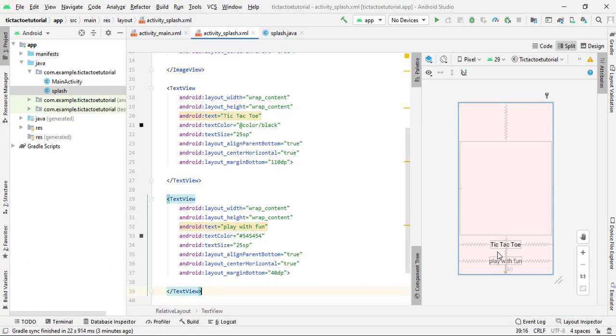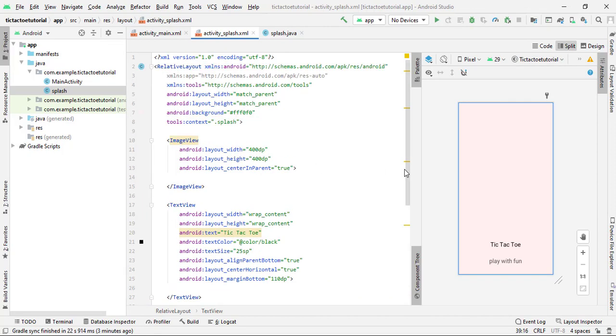Now I have to change the font family, and also I have to set the image source. So if you want to set an image source of your icon, according to your app icon, then it is always better to set the SVG icon. So it is not possible to work with SVG icon directly. So how can you work with it?